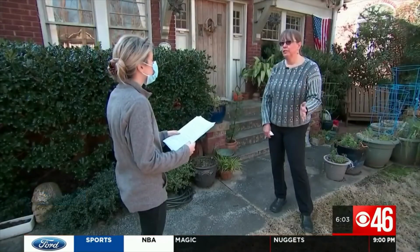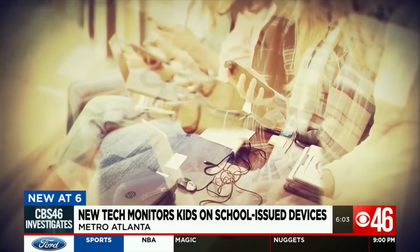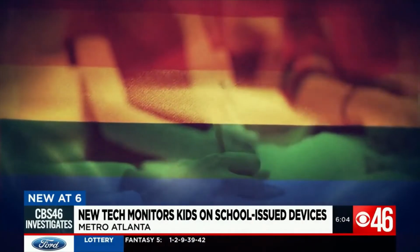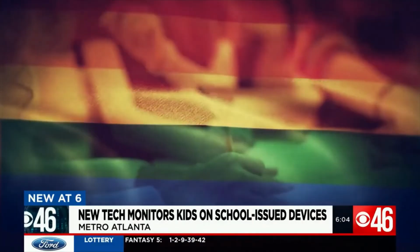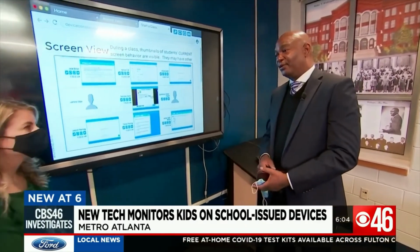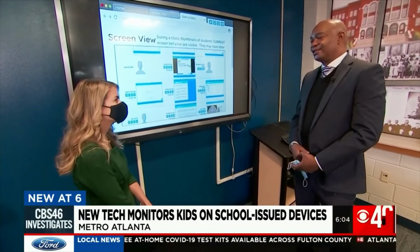There's also worries that these tools could have unintended consequences, like outing gay or transgender students who might be researching sexuality. These tools then catch that, share it with the school, in some cases then share it back with the parent. Digital rights groups are also expressing a range of privacy and fairness concerns around the use of this technology,